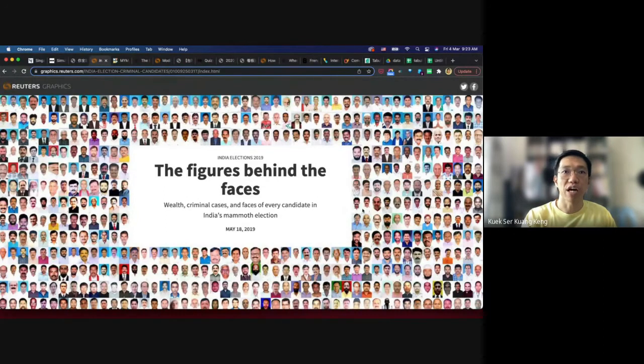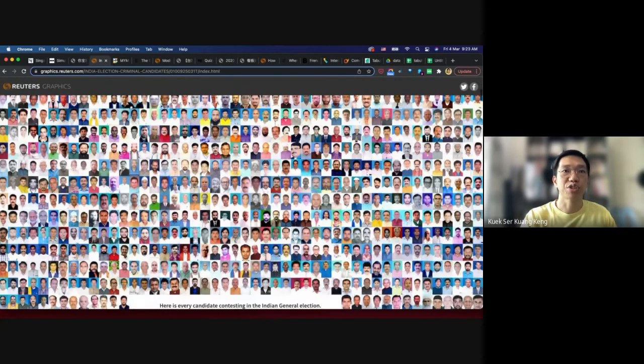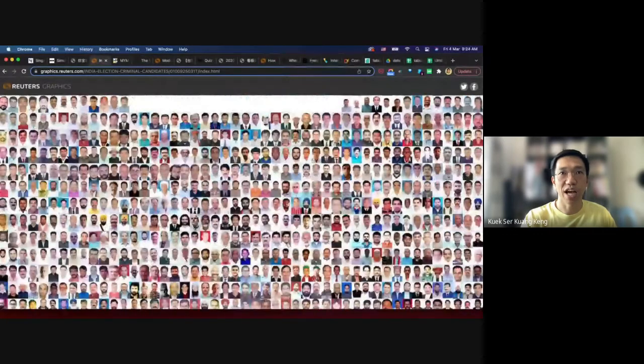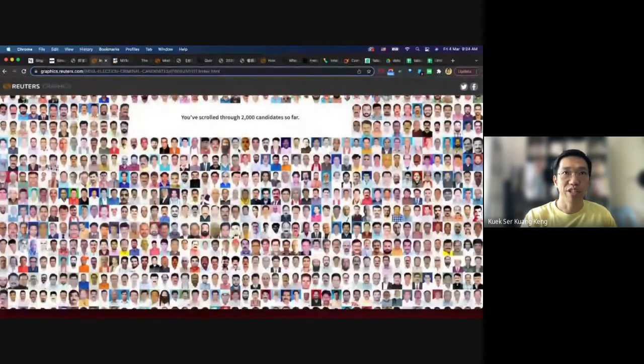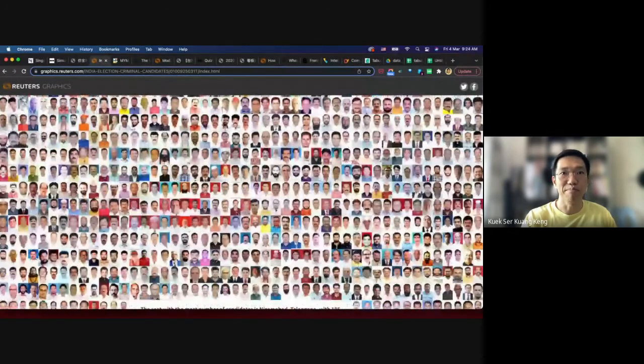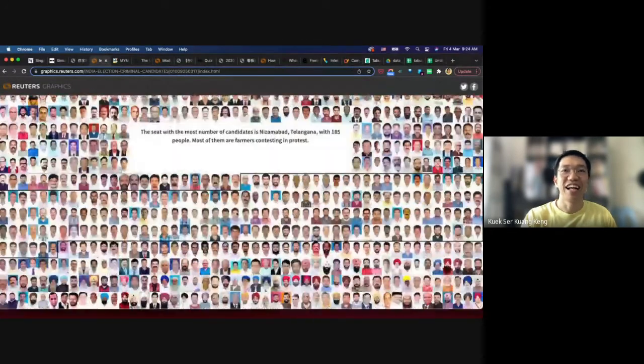Of course, these photos are available from the Election Commission. All the candidates have to submit their own photo when they want to be nominated as a candidate. So you are scrolling a wall of photos of the politicians, candidates. You keep scrolling. Now you have scrolled through 2,000, and you will notice that all of them are men. And there was one